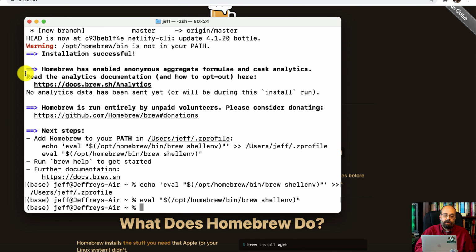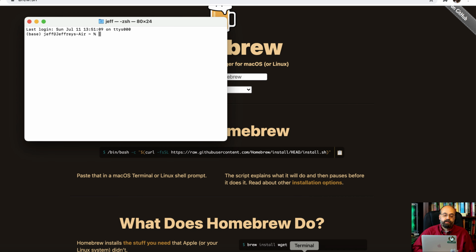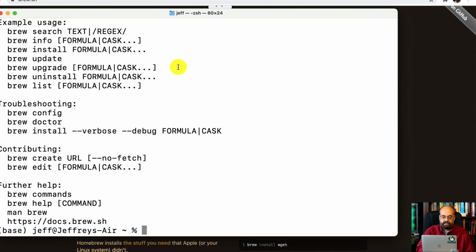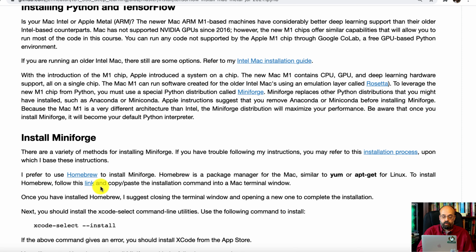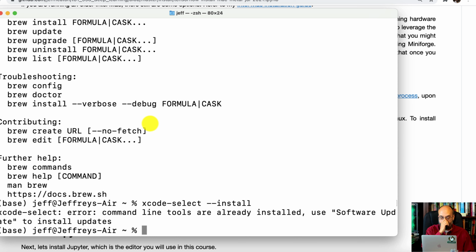I'll go ahead, though, and exit the terminal and start up a new terminal just because I don't completely trust always that everything gets reconfigured like it should. Now I should have the brew command from the command line, and I do. So this is a lot like yum or apt-get or those kind of things. Let's go back to my instructions. So we installed Homebrew, we followed those instructions. They also recommend installing this. I think that was basically done by Brew, but I'll go ahead and execute that. Already installed, so we're good there.